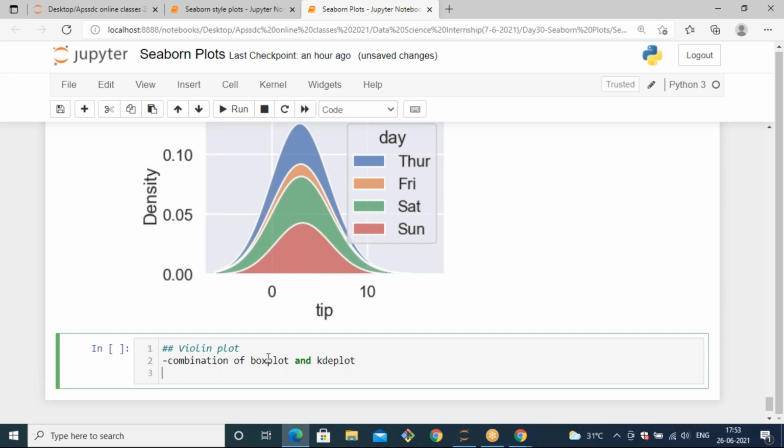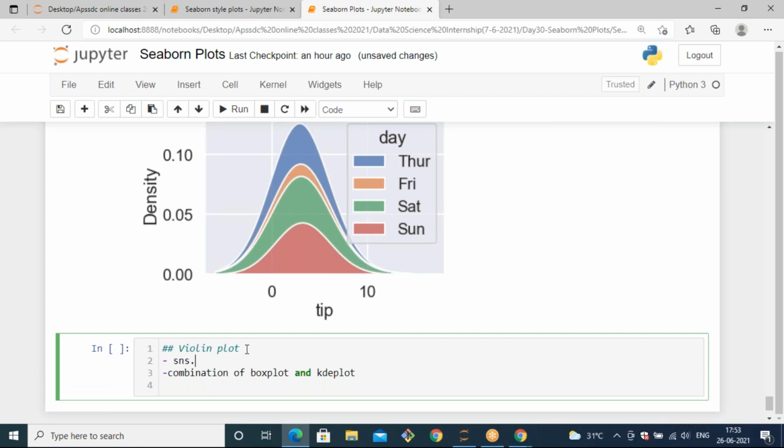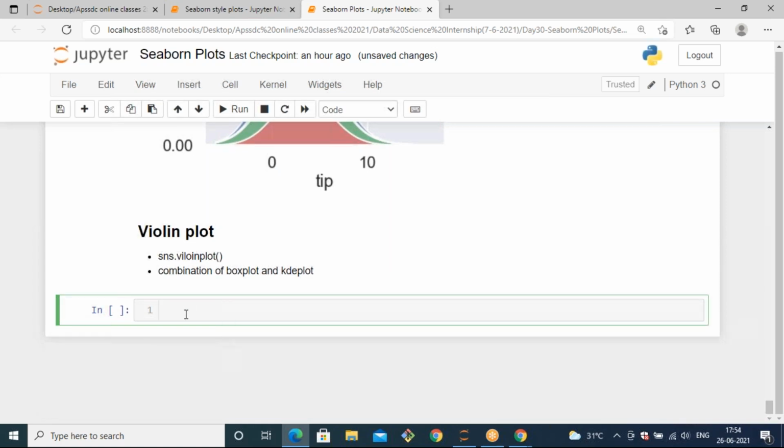Okay, so it shows the distributions of quantitative data across the levels of categorical data. Like a box plot, it can also help distribute the categorical data by calculating the quartile ranges. And it can generate a kind of univariate distribution and also bivariate distribution by calculating a KDE density estimation plot, because it is a combination of both. If you want to use this, you can use sns.violinplot. This is the syntax. Let's see how to apply this. For this, we are going to take a data set.